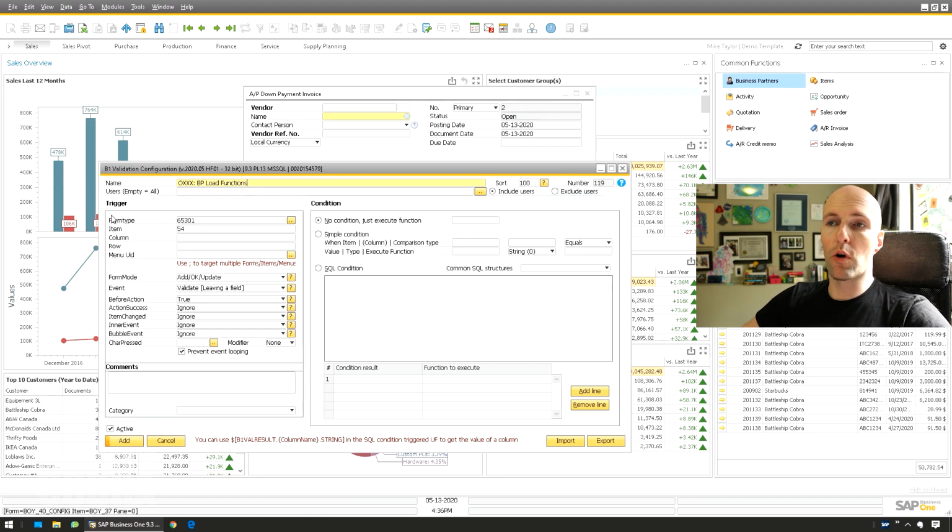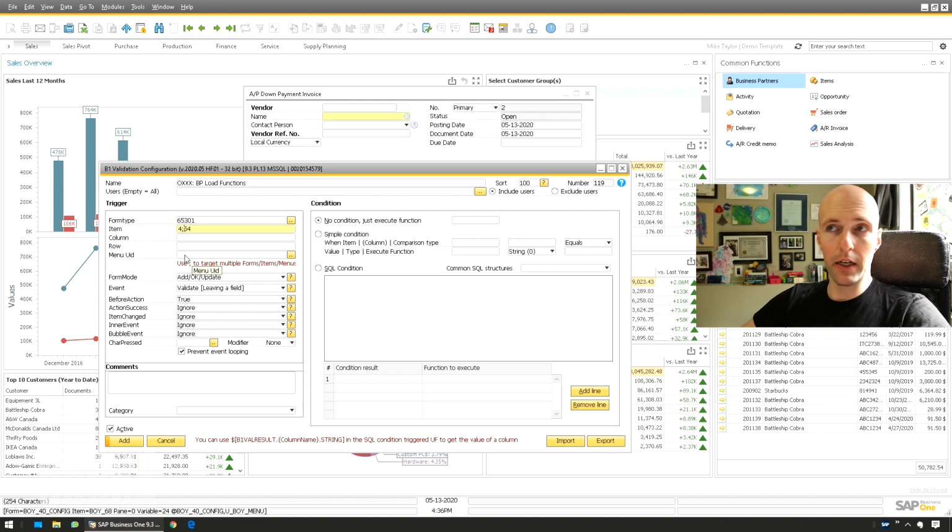You can see it puts the form type. If you add additional form types, you can just put a semicolon there, and the semicolon would allow you to have many, many forms in there, and it'll function the same way across all the documents. In the same way, we can put multiple items. So I'm going to add number 4 because I want both the code or the name.